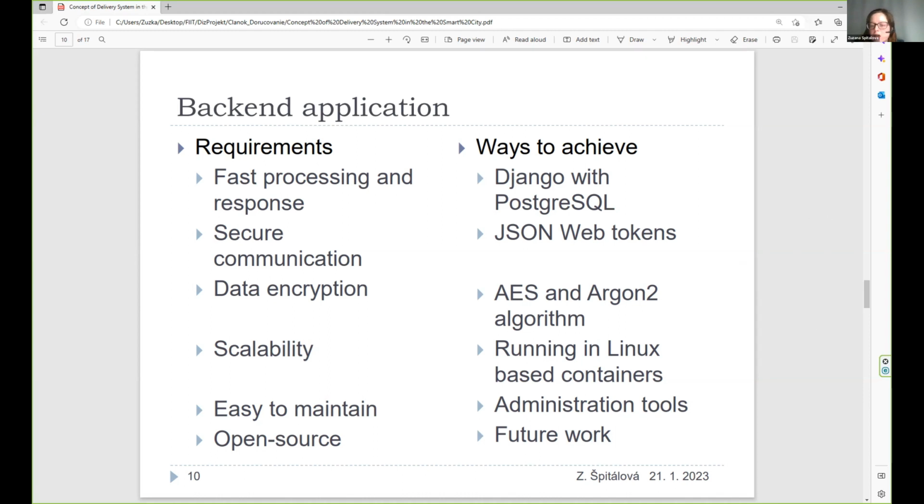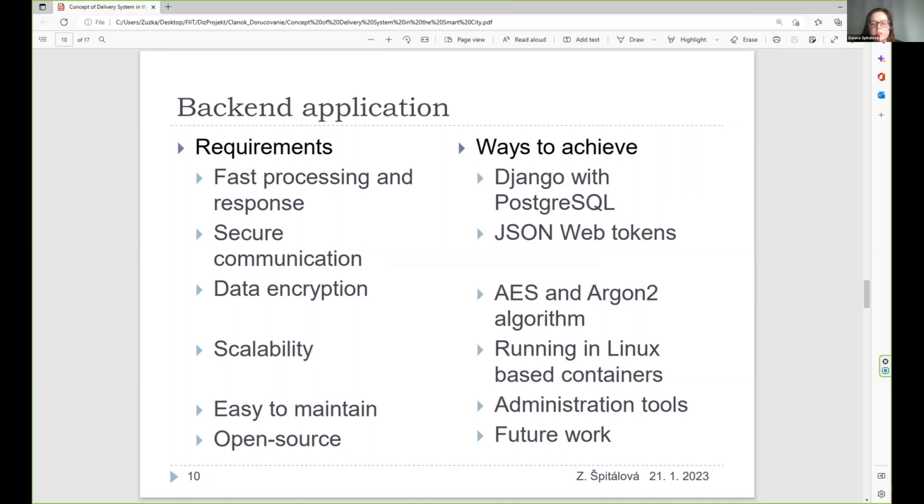The other requirement is secure communication, which uses JSON web tokens. This is the topic of authentication, which I mentioned in the front-end part. Data encryption uses special algorithms for encrypting. The other requirement is scalability.